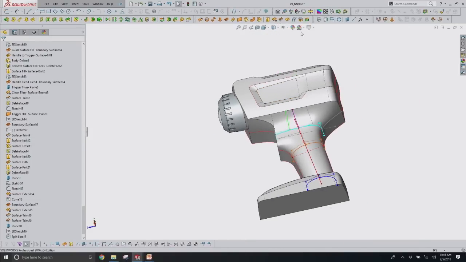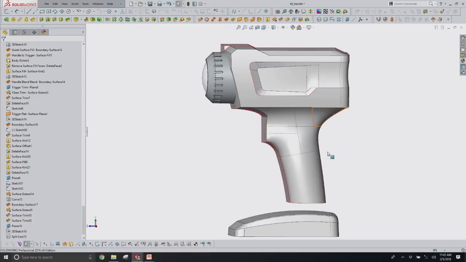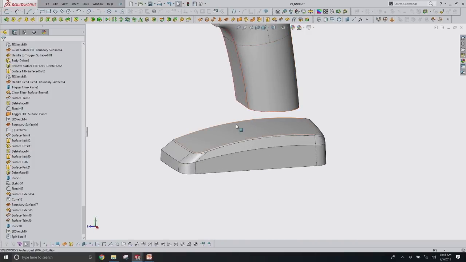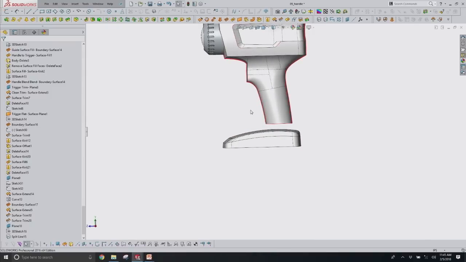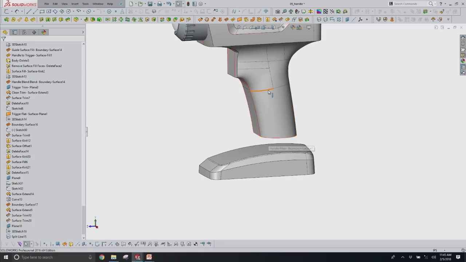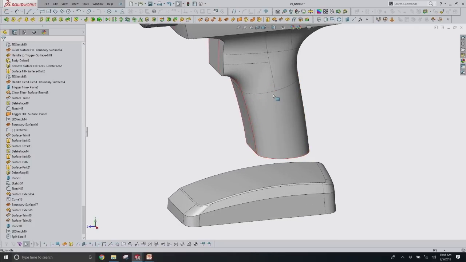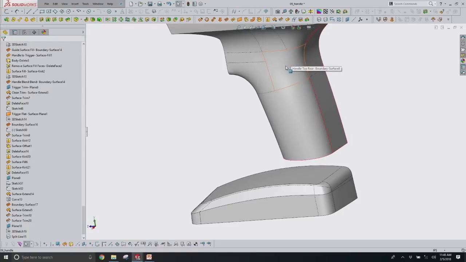So this was a situation where, if we were to hide our sketches so we can see it a little cleaner, I really didn't know what I was working with. I know that I had this hard edge that the handle ultimately needed to attach to. Ultimately, I'm going to build some surfaces later to blend this into the base region of this flashlight. But I'm using 2D sketches to generate 3D curves. From there, I have an idea of where I need additional sketches. So I set up planes here and here. I create my 2D sketches on those planes. I create additional planes up here as required, more 2D sketches, and then I'm using nice big four-sided surfaces here